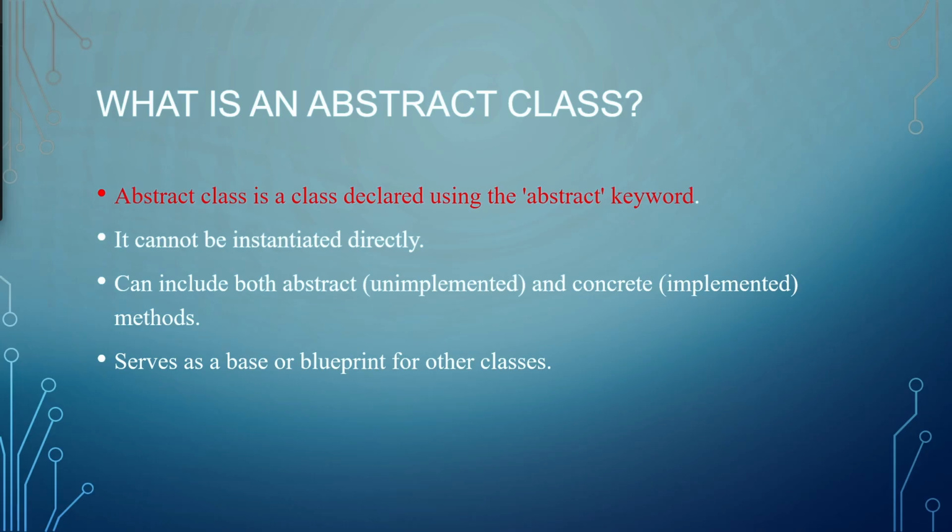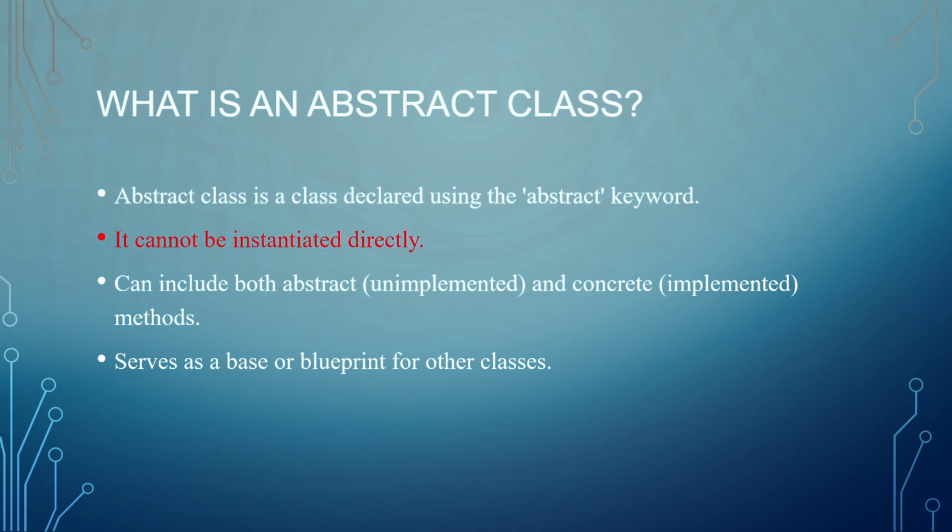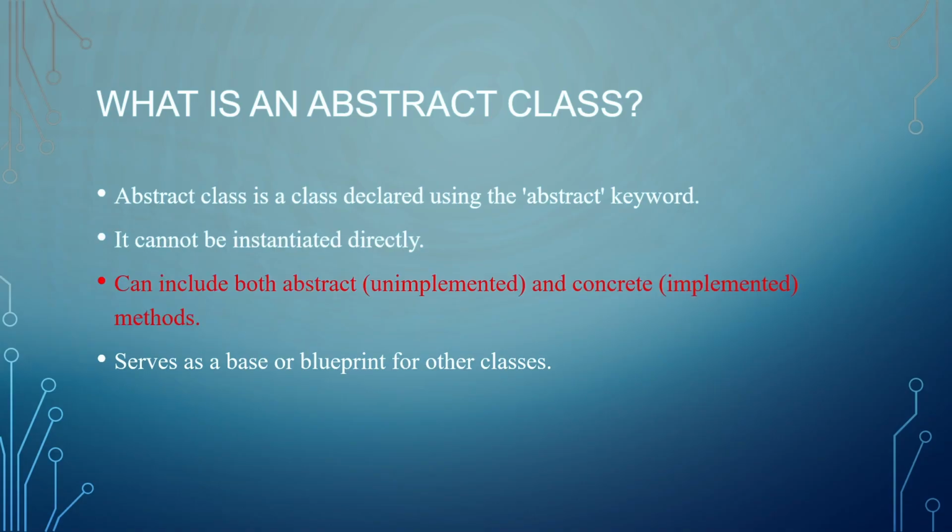Now, let's look at what an abstract class really is. An abstract class is a class that's declared using the abstract keyword. It acts as a blueprint for other classes but cannot be instantiated directly, meaning we can't create an object from it. What makes it powerful is that it can include both abstract methods, which have no implementation, and concrete methods,